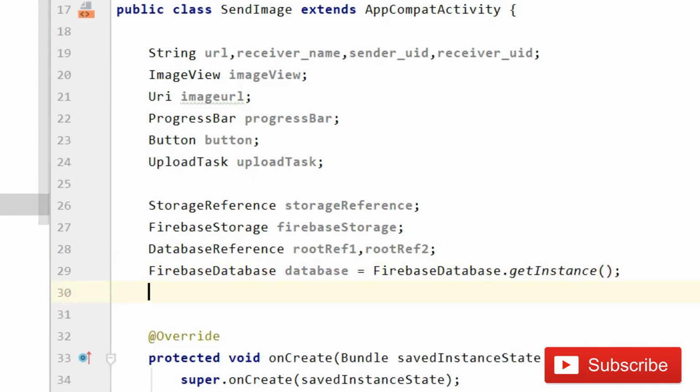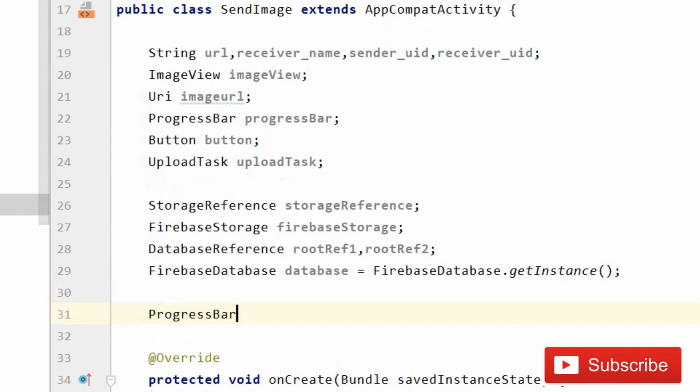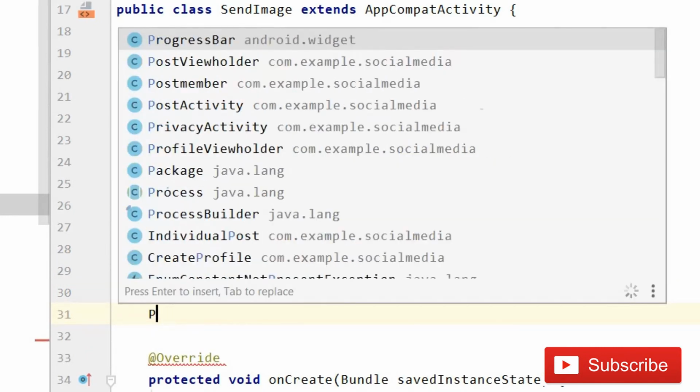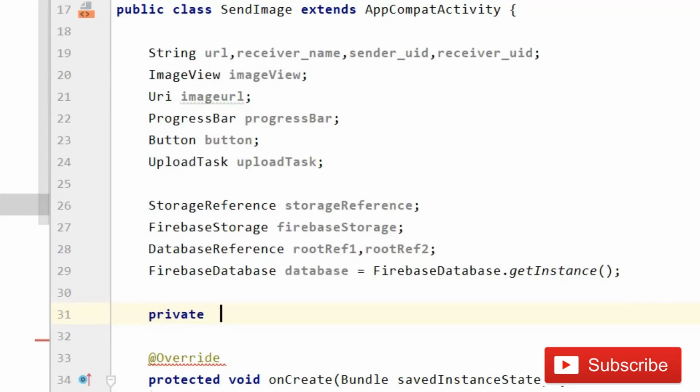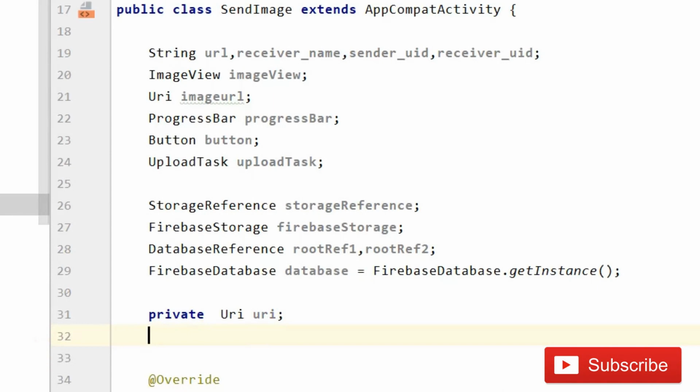Understand? So now we can do private, not progress bar. Again we need a uri, so write small private, then uri, that is going to be uri.